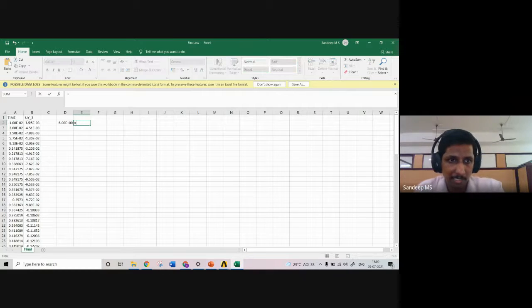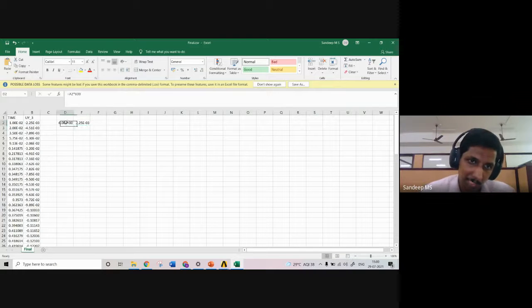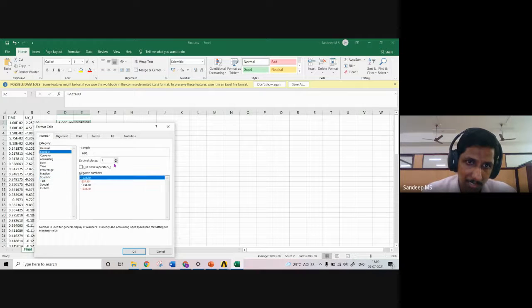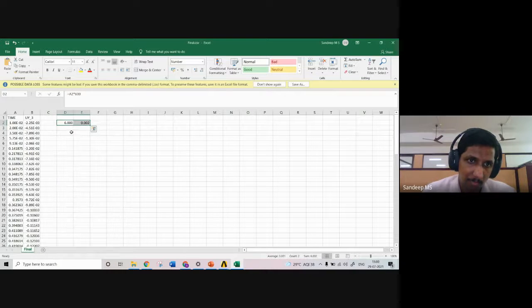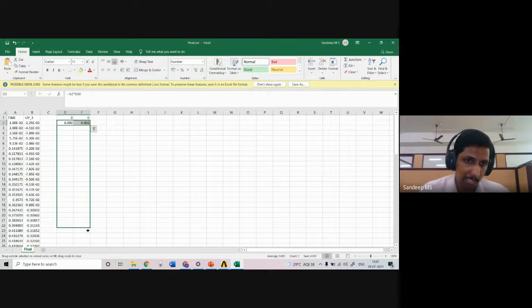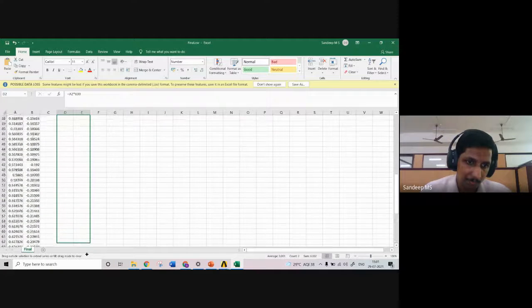Similarly, the deflection, it is actually happening in the downward direction, so it is showing as negative. So that quantity multiplied by a -1. Okay, I'm just making it as positive quantity. Let's give the accuracy as 3. So we have 6 kilonewton. Respective deflection at that node is 0.002 mm. And let's give the reference value also. And for the remaining thing, I'm just dragging it down.